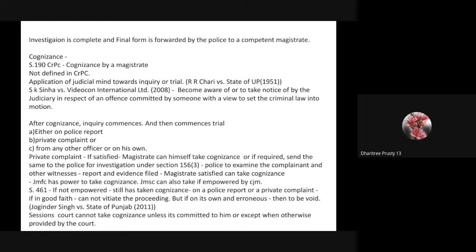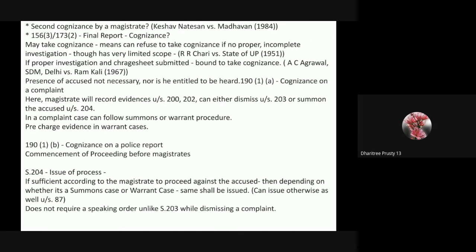Also, we have to know that the Sessions Court cannot take cognizance of any offense unless it is committed to him under section 209 or except when otherwise provided by the code. I'm sorry, I've written court, but it should be code. So the Sessions Court cannot take cognizance unless it is committed to him under section 209 or except when otherwise provided by the code. So at this juncture, the pertinent question would arise whether a second cognizance by a